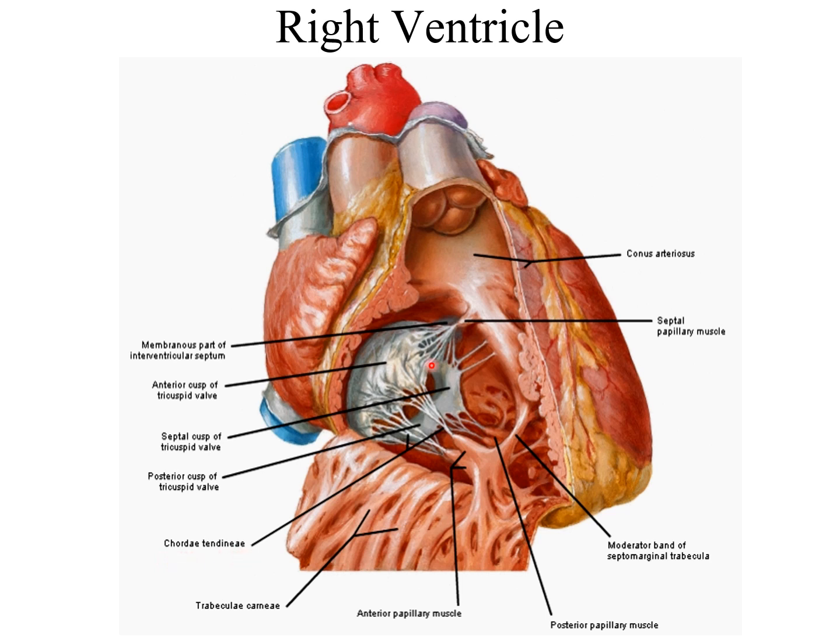So now we can say that we have the cusp of the valve, which are connected to the chordae tendineae, and chordae tendineae, fine collagenous thread-like tendons, are connected to the papillary muscles anteriorly, posteriorly, and on the septal side. So we have three cusps and three papillary muscles in the right ventricle. The other muscle which are present on the inner side of the wall of the right ventricle, they are named as trabeculae carneae.